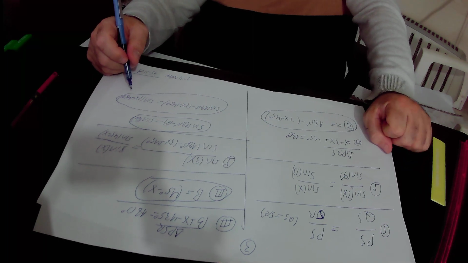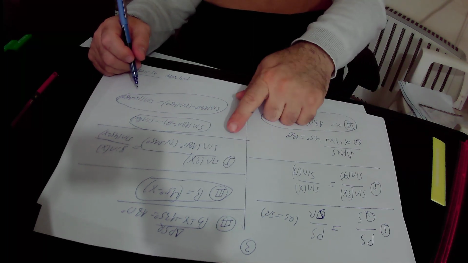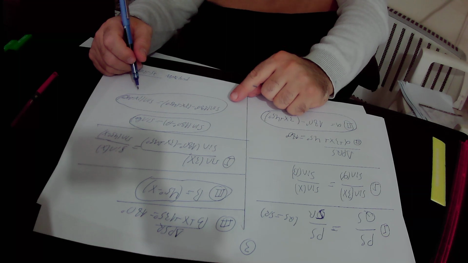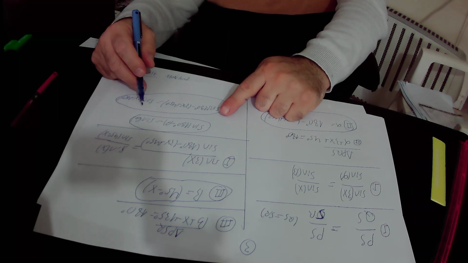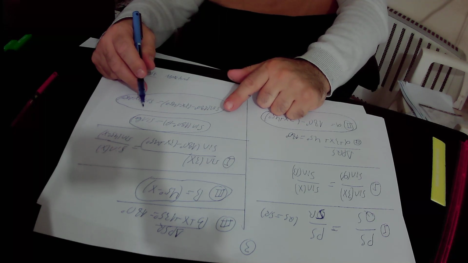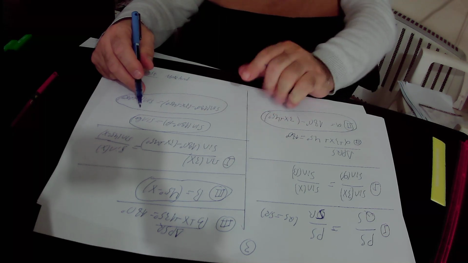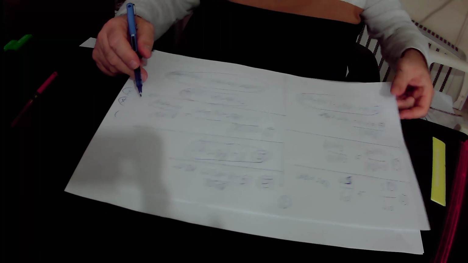So we will write down again equation number 1 after we use the trigonometric identity that sine of (180 degrees minus theta) equals sine theta, and we will get that